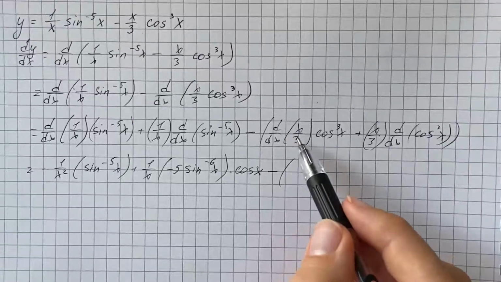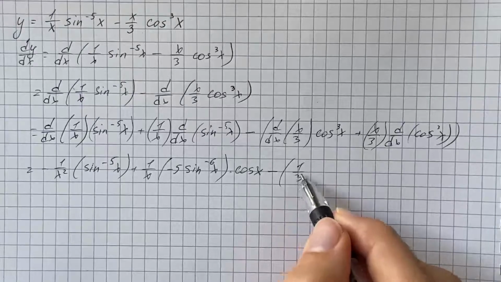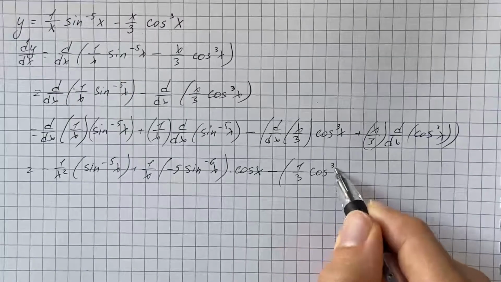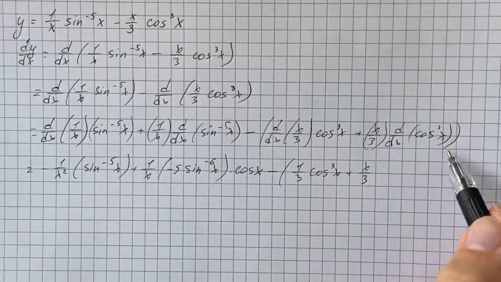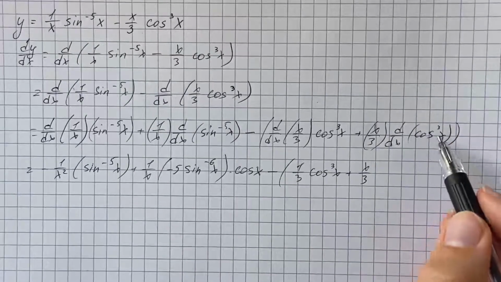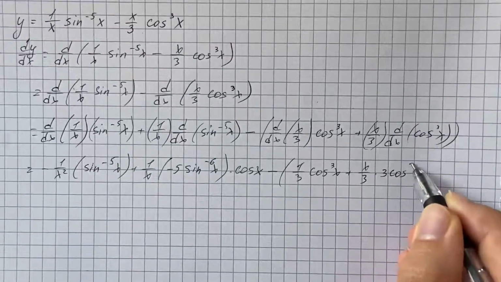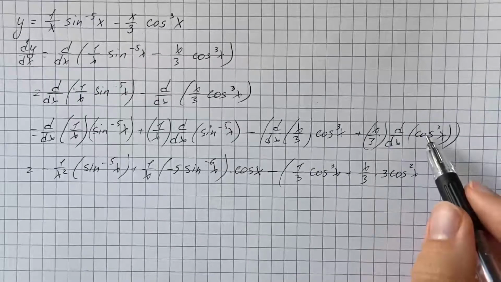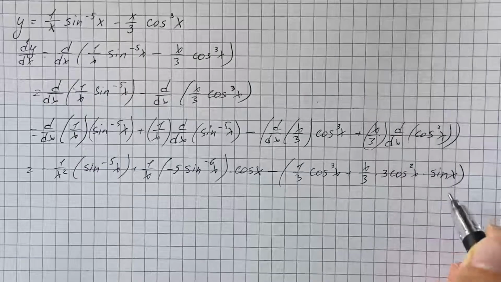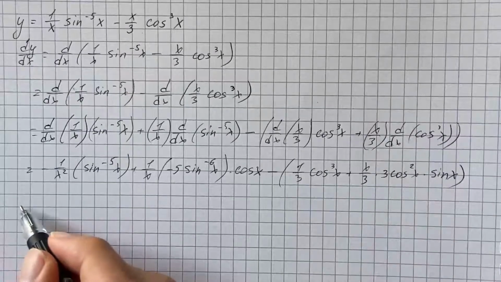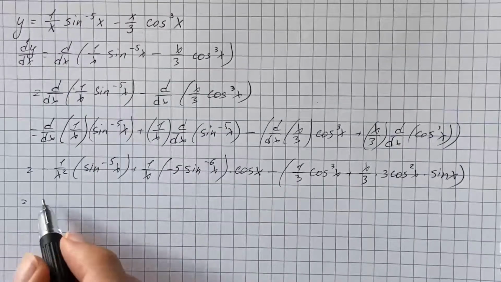So then here we get 1/3. The derivative of x over 3 is 1/3 times cosine cubed of x plus x over 3 times the derivative of cosine cubed of x. So at first we take the derivative of the outer function, and that's going to be 3 cosine squared of x, and then multiply by the derivative of cosine of x, and that's going to be just sine of x. So after simplifying, we get the derivative of the given function equals